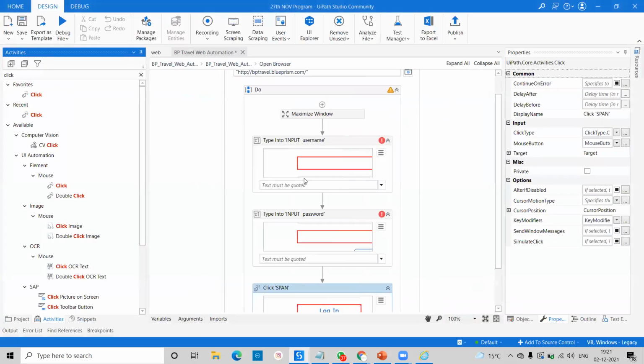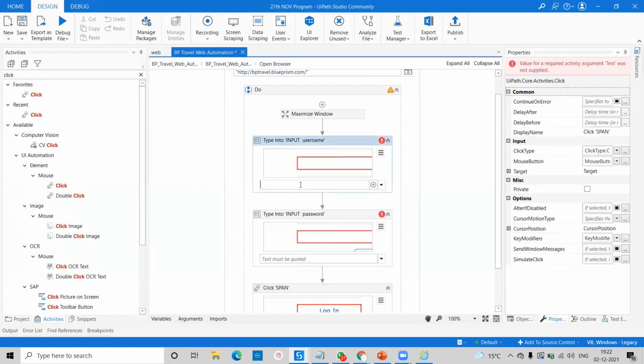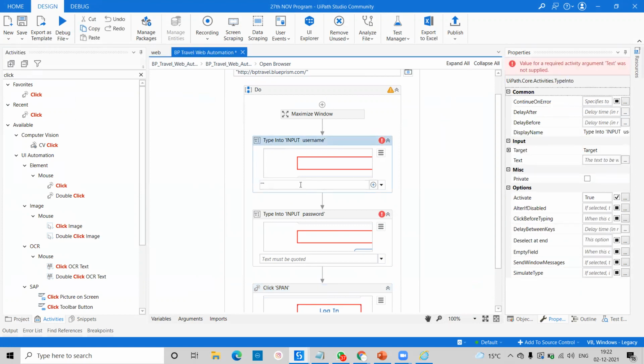Okay, so here everything I am passing right now is hard coded. First you have to understand what hard code is and how we can pass the data through a variable. Here I'm going to pass this in double quotes, and here you can pass admin. So the ID is admin, and the password is also admin. We are going to pass admin as the password.